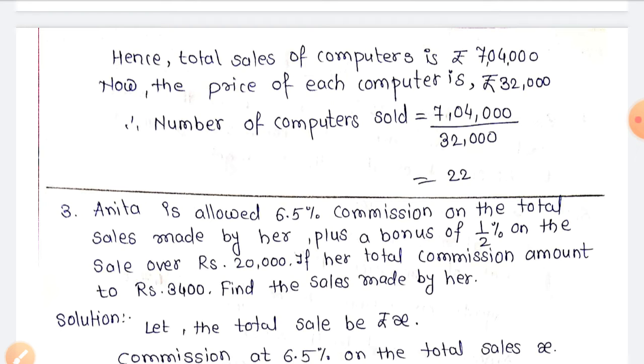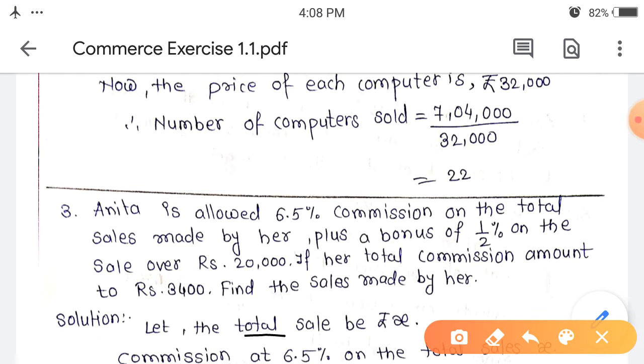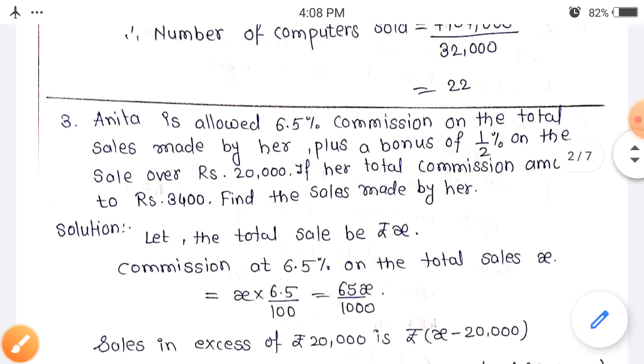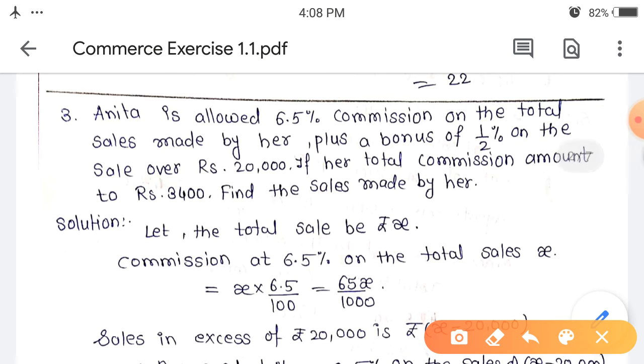So adding that up, how much commission has she received? 3,400. So we have to find out how much amount of sales she made so that she will get 3,400 commission. Okay, now here we consider the required term, total sale, be x. So the commission at 6.5% on the total sale x equals to